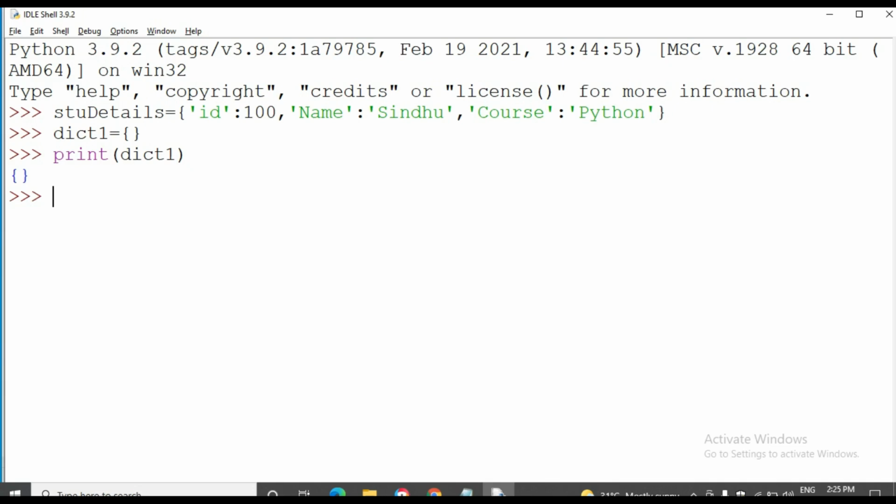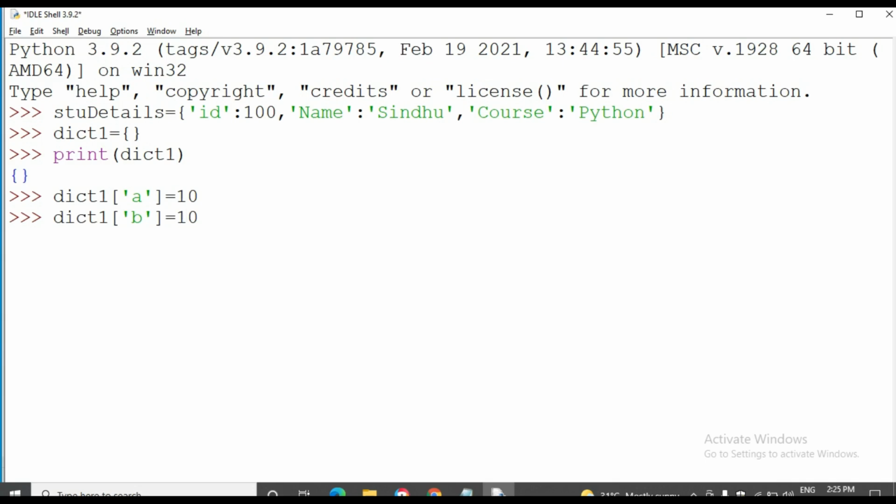See, dictionary 1 dot, ten. This is the key, this is the value.